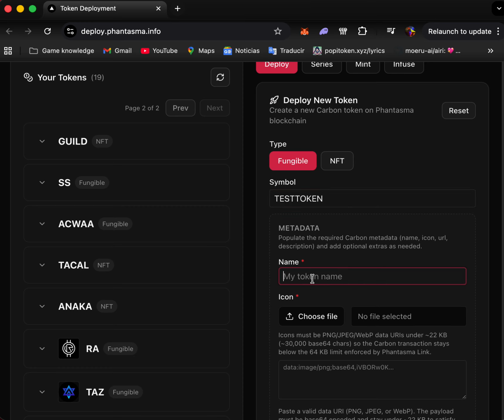So we click deploy. You're going to see all this cool fancy stuff here. Click confirm. Type in your password, if you do have a password for your wallet, confirm. Please press send. And it should start confirming that transaction, and if it's good to go, it's gonna go ahead and mint it. So heck yeah, it was successful. We close it, we come back, and it's gonna tell you deploy confirmed, and now you can see the test